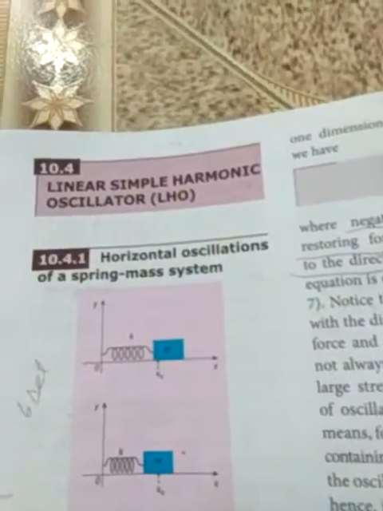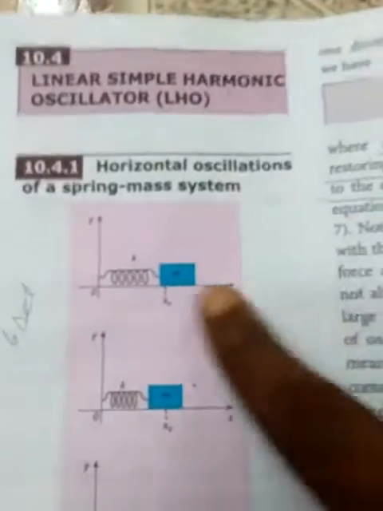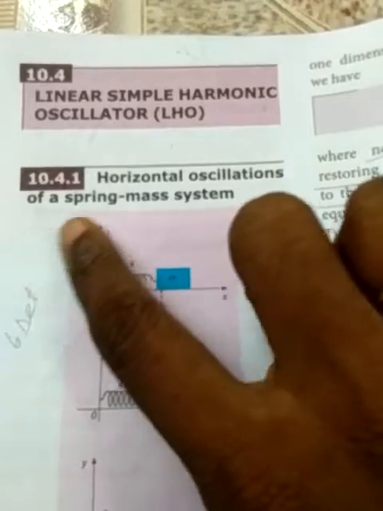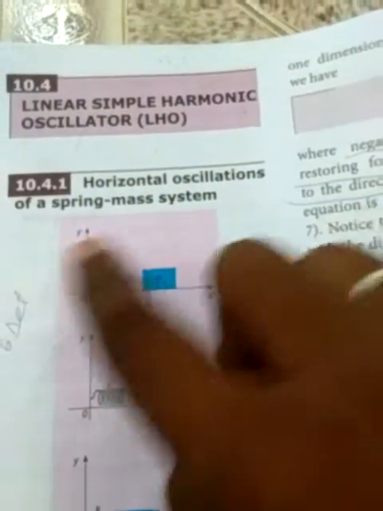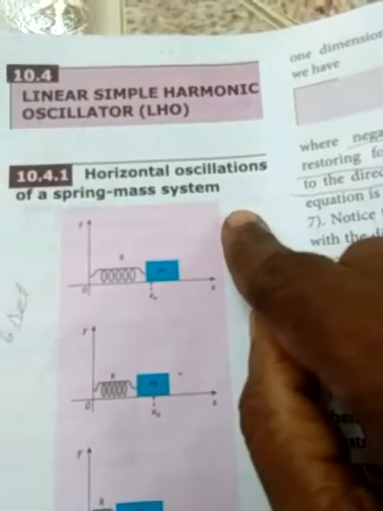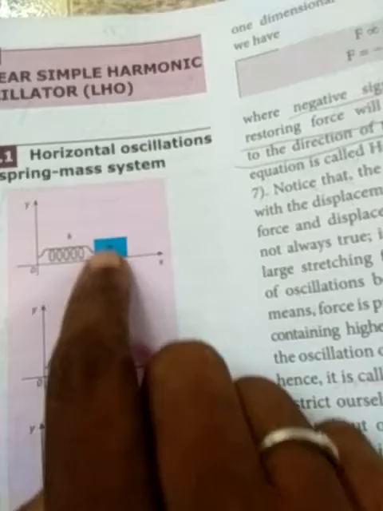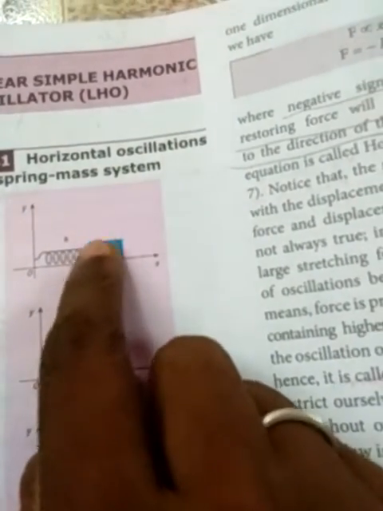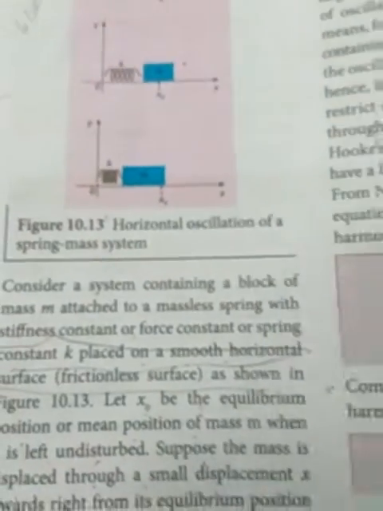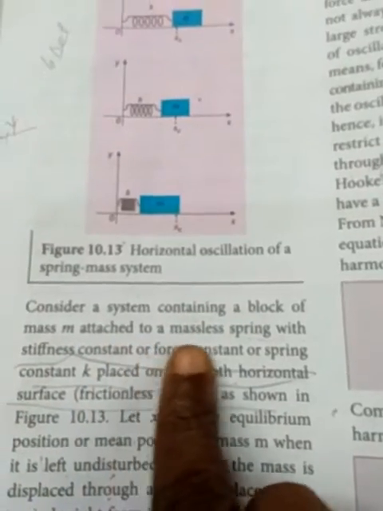Simple harmonic LHO, the linear simple harmonic motion. Now you see the horizontal oscillation of the spring. The example experiment I am taking is the horizontal oscillation of a spring mass system. This is a spring in a horizontal position. One end of the spring is connected to a rod, and the other end is connected to the mass of the object. Now consider a system that contains a block of mass m attached to a